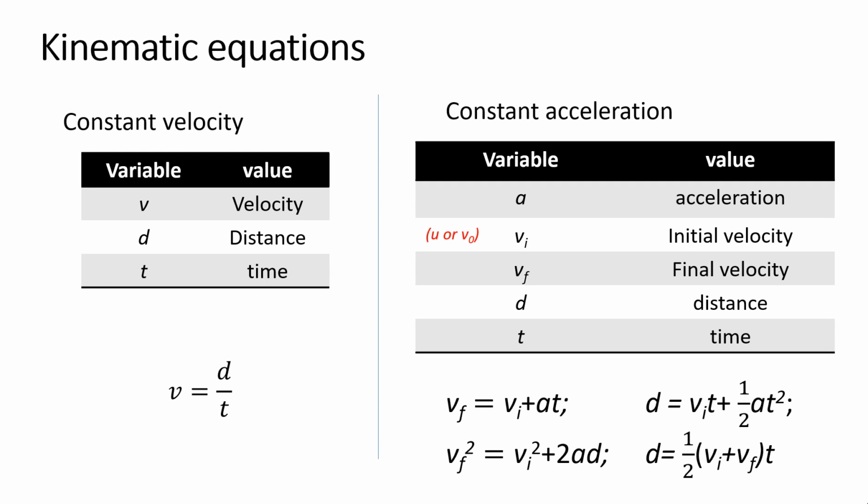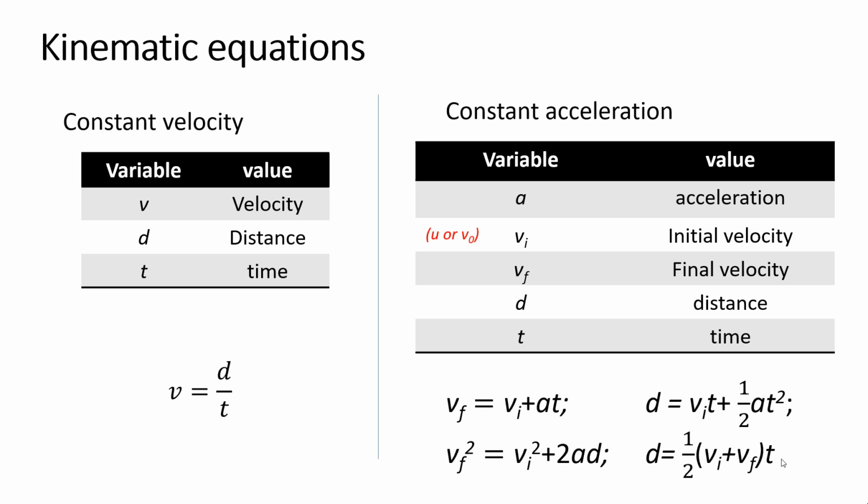In the second part of the video, we have now introduced the kinematic equations, which have 5 variables and not 3. So we've got an equation that relates the final velocity to the initial velocity, acceleration, and time. We've got the distance equals the initial velocity times time, plus 1/2 times a t squared. We've got the final velocity in terms of the initial velocity and the acceleration and distance. And we've got the distance in terms of the average velocity, which is just 1/2 of the initial plus the